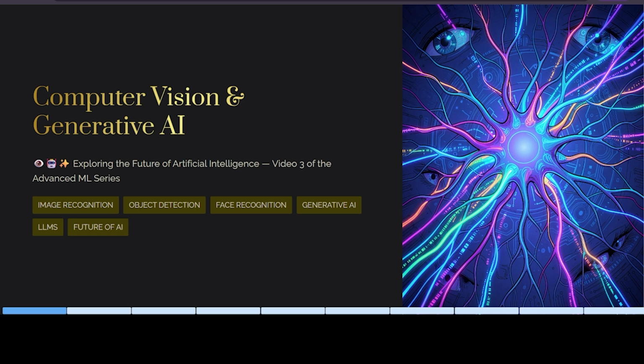Okay, so guys, just think about the technologies you use every day. Like when your phone automatically recognizes your face and gets unlocked, right? And when social media automatically tags your friends in a photo. Also, self-driving cars automatically detect pedestrians and traffic lights, right? Another interesting thing is the AI tool that automatically creates an image from a text prompt. It creates a particular image for that prompt, right?